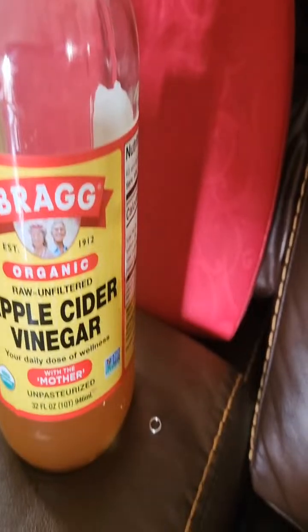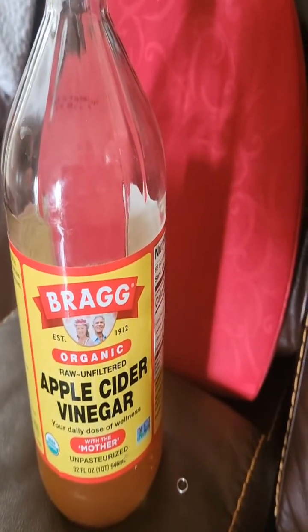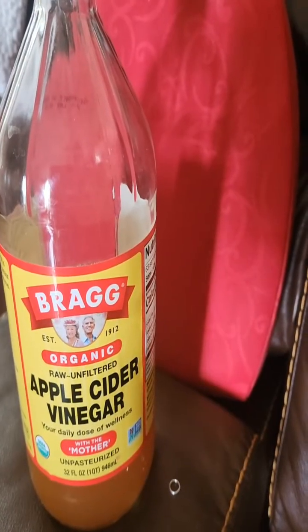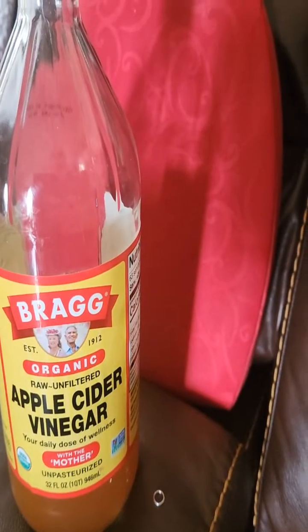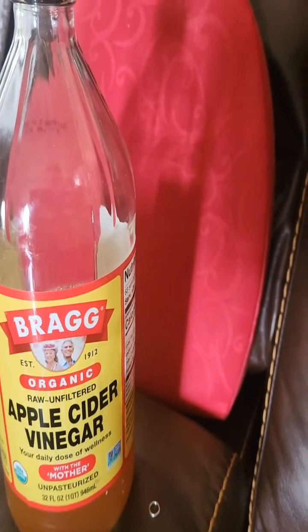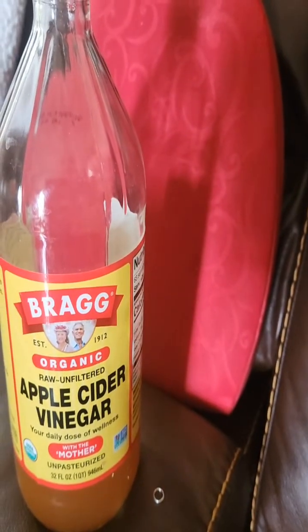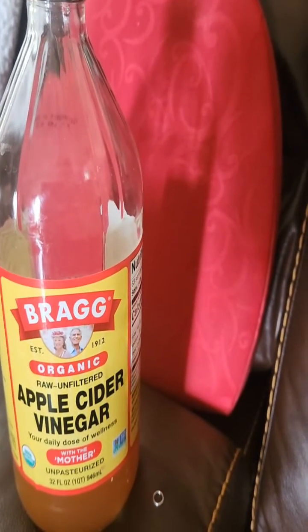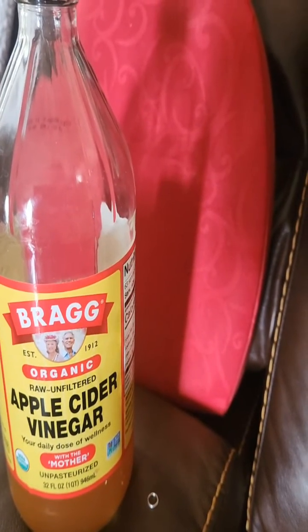So I'm just glad to know that you can use a natural product to lose weight. And like I said, if you use it on an empty stomach, it's better than taking it after your food. But if you forgot, like I did sometimes this month, I would still go ahead and take it because it's still good for your body. You may not lose quite as much weight that way, but